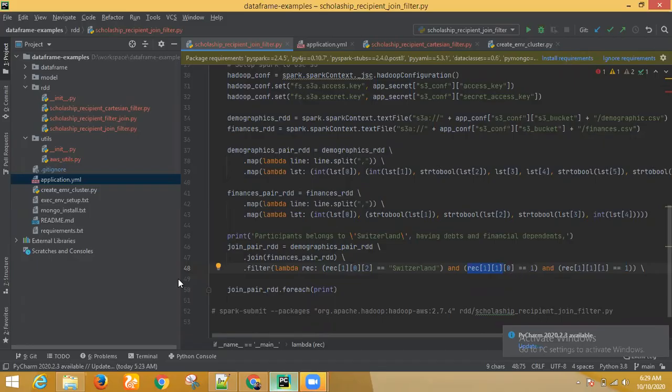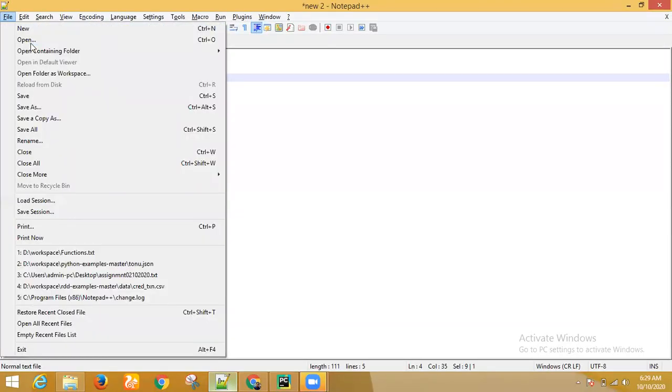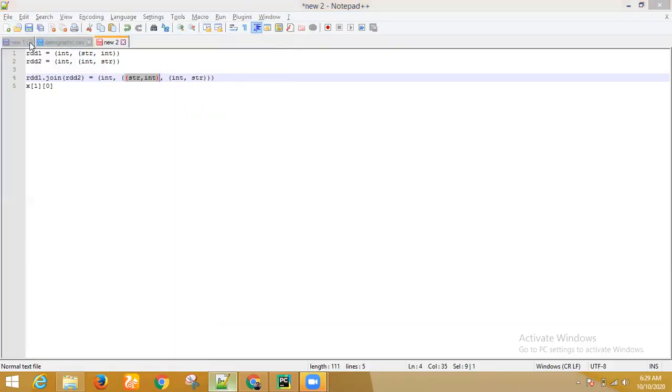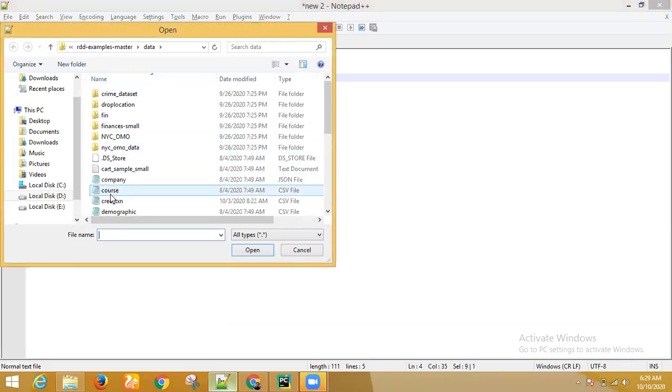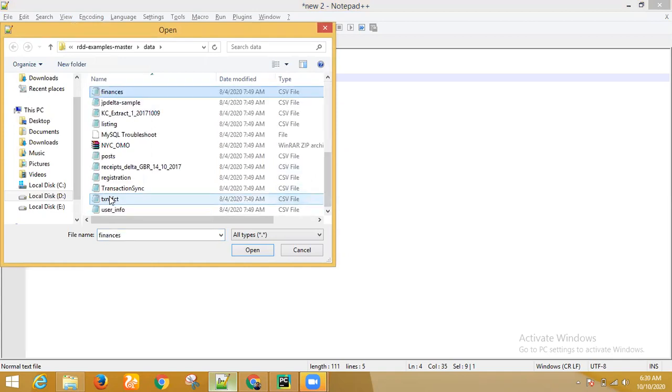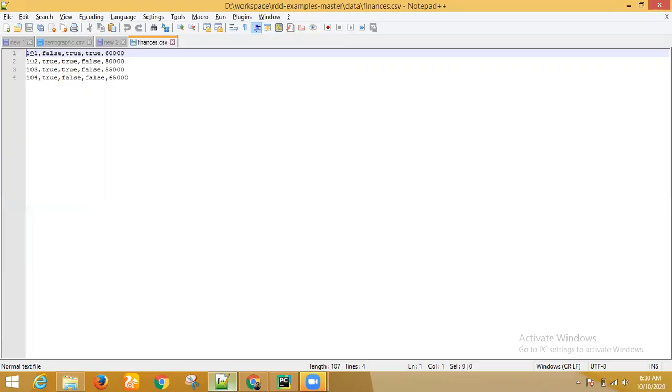So if you go again to the data, let's open the finance.csv. The 0th part is just the student ID.